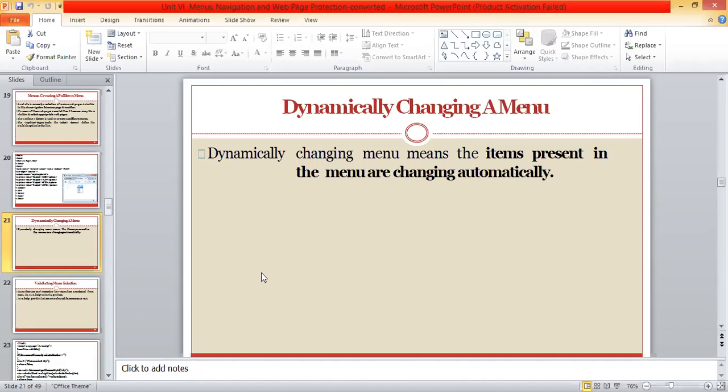Dynamically changing menu means the items present in the menu are changed automatically. For that, we will be doing one example.